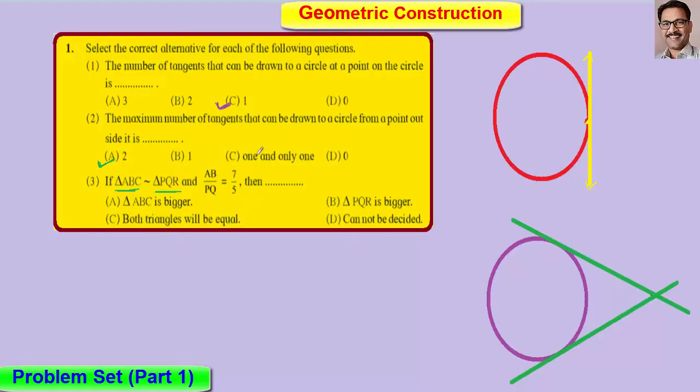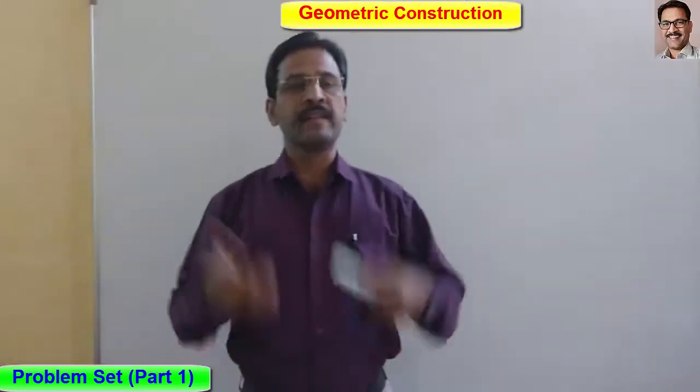Is it possible? Because the ratio is 7:5. Suppose 1:1, or these 2 triangles are congruent. Whenever 2 triangles are congruent, the ratio of the corresponding sides is 1:1. Here it is not 1:1, so this possibility is not there. Now just observe here, AB is 7 parts and PQ is 5 parts, so definitely triangle ABC is bigger. This alternative is correct. Understand, friends? Always try to choose the correct alternative very carefully. Okay friends, now we'll take the second example.